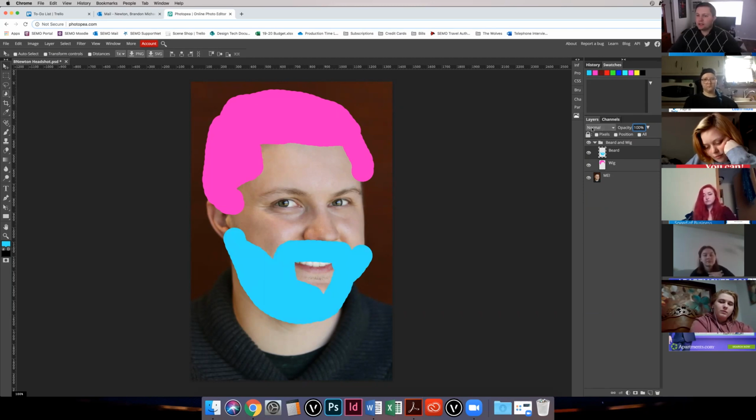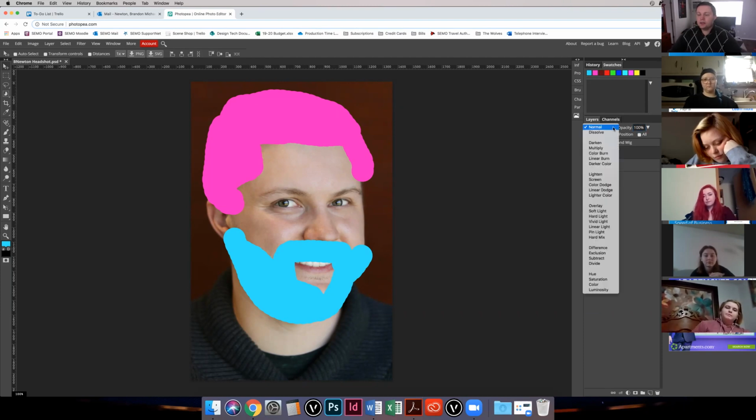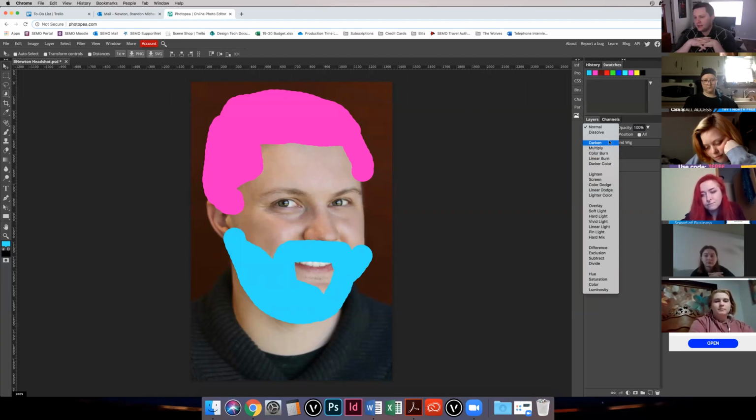Blending modes. This drop-down arrow right here where it says Normal, you have all these different selections. These are called blending modes. When you change the opacity and blending mode, it should show up in your history panel as well. What this does is it adds some special effects to your layers for showing and not showing the layers underneath. Okay, when you're working with layers,